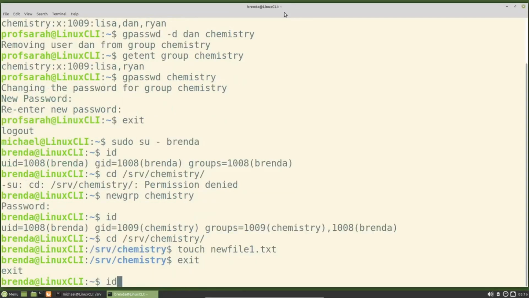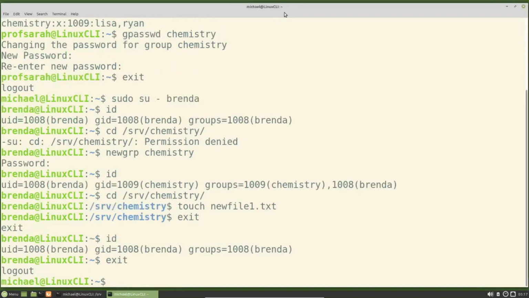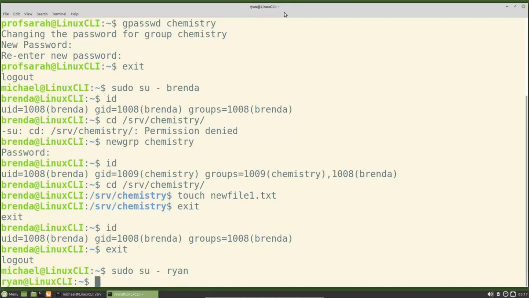Typing id shows once again Brenda has the GID of Brenda, and typing exit again takes us out of the Brenda user ID and I'm back to the Michael user ID. Now I'm going to switch to the Ryan user ID with sudo